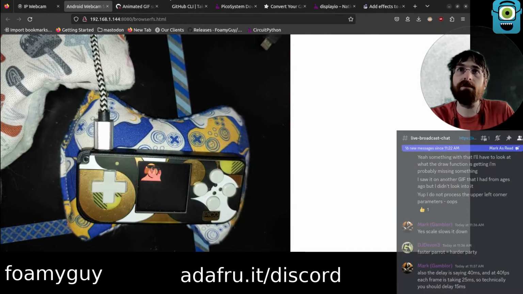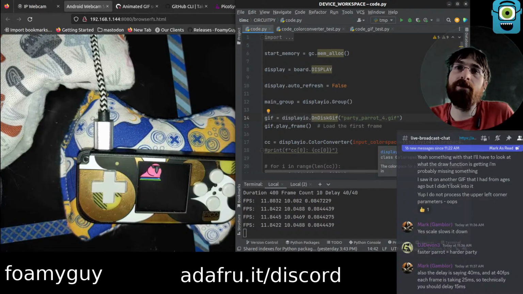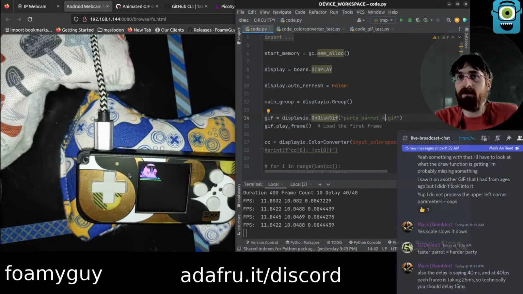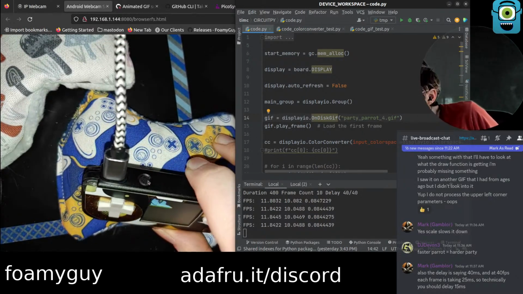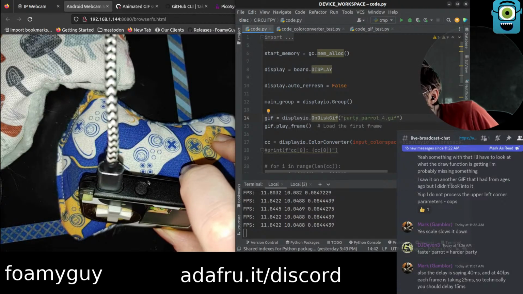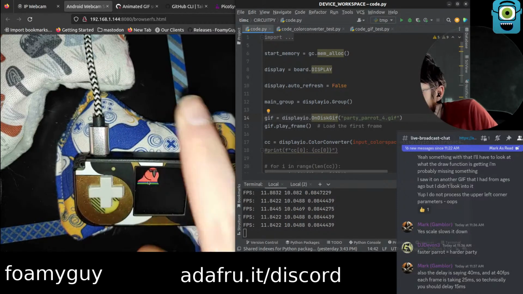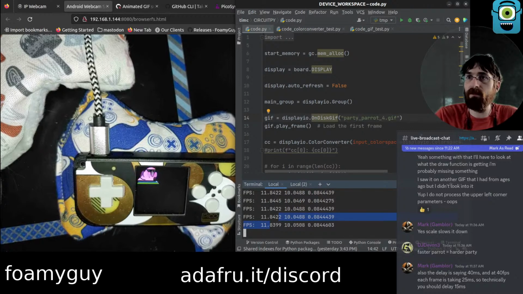Once you reach a certain slowness, it starts to look more like a slideshow than an animation. Whereas this one is still on the animation side, albeit with tearing. Of course, part of that is the camera as well. Although, no, tearing is definitely visible to the naked eye as well. But the animation effect does come through. We're at about 11 here.